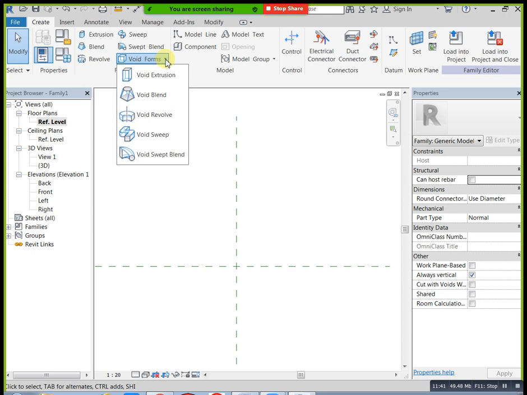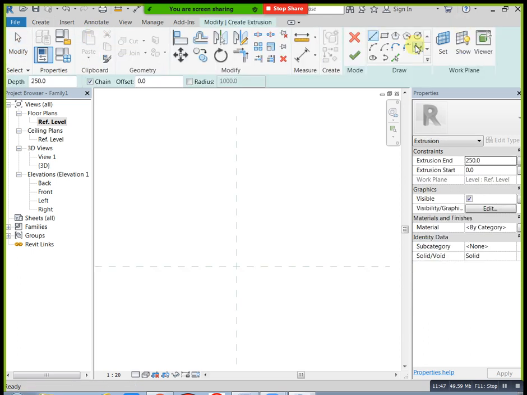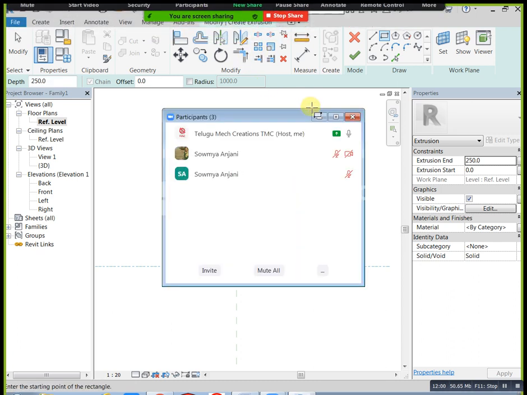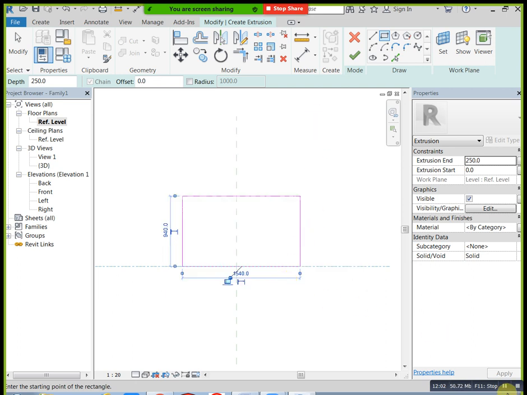Now my requirement, I need to use void extrusion first. I have one frame. Okay, this is my frame. See, now I completed one profile here.